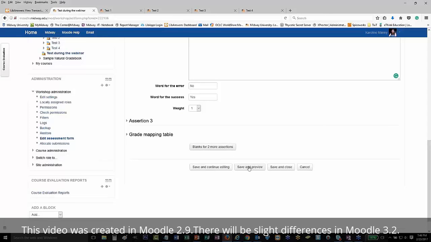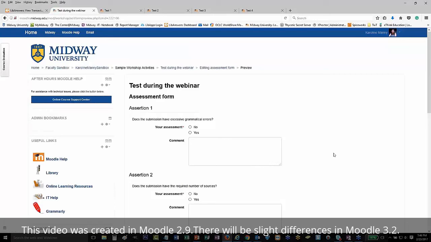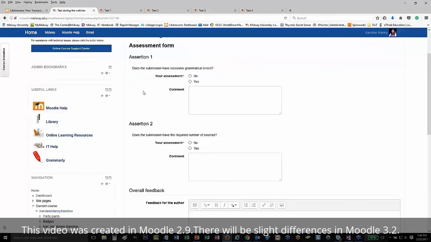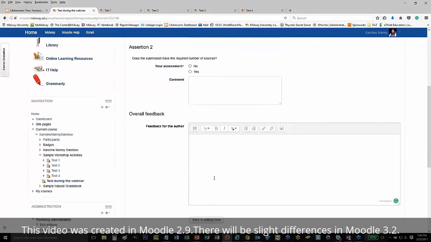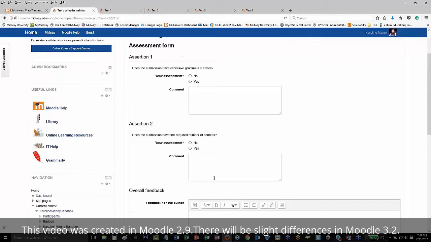If I want to see what this is going to look like for students, I can click Save and Preview. This is what the students will see. Does the submission have excessive grammatical errors? Check yes or check no and make a comment. And then the next question and the overall feedback. So once the students read what their peer has submitted, then they can go to this assessment form